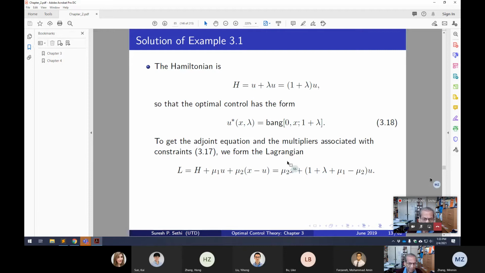So let's use the recipe. The recipe says Hamiltonian, so we build the Hamiltonian. And we need to maximize the Hamiltonian. This is linear in U, so the maximizing of the Hamiltonian is simply over 0, x, 1 plus lambda. That says that if 1 plus lambda is bigger than 0, U star will be x. When 1 plus lambda is less than 0, U star will be 0. And if 1 plus lambda is equal to 0, I can set anything I want, at least if it is